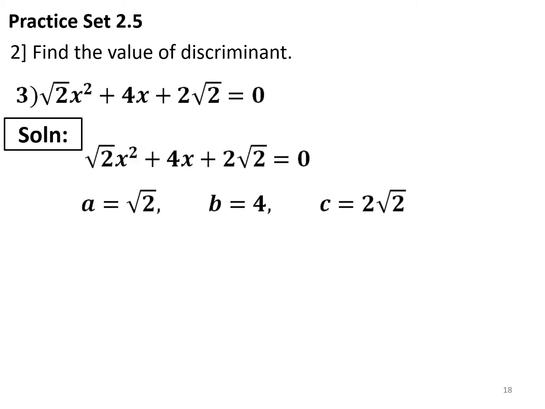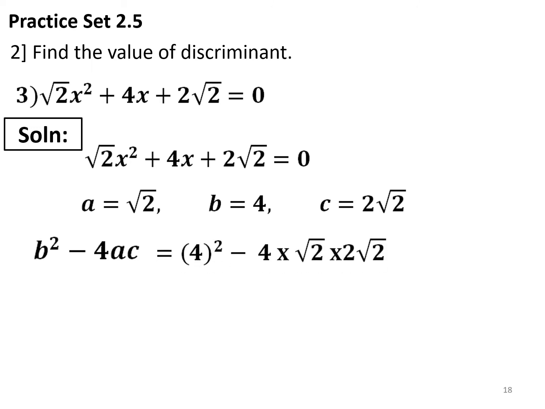So on comparison with your general equation, the values of a, b and c obtained are a is equal to root 2, b is equal to 4 and c is equal to 2 root 2. Well, how do we find the value for discriminant? By using the formula b square minus 4ac, which is equal to 4 square minus 4 into root 2 into 2 root 2. 4 square is nothing but 16 minus, now pay attention here, root 2 into root 2 is